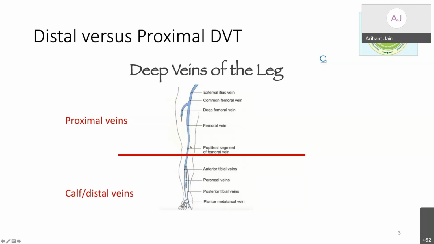They both have different connotations and different risks for development of pulmonary embolism. So that is why whenever we